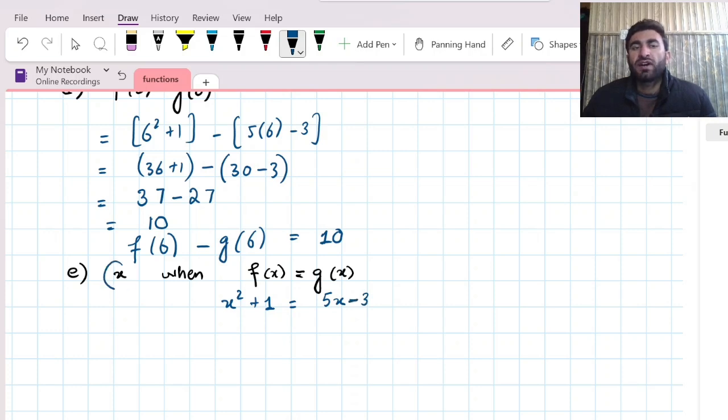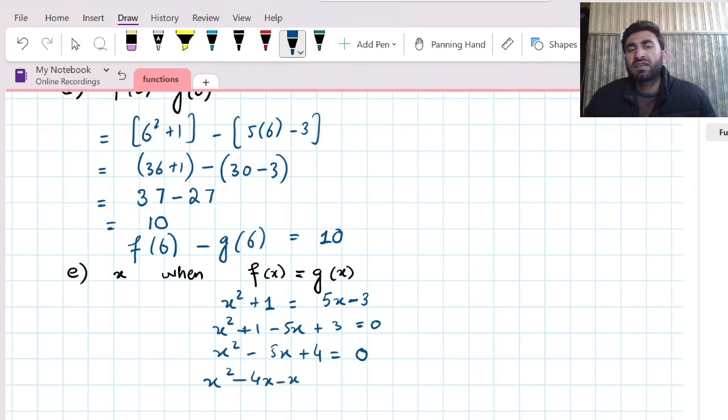Now because we have to find the value of x, we will have to solve this equation which involves a quadratic term. So we have to move the expression 5x minus 3 to the left hand side so that the equation changes into standard form. So x square plus 1 minus 5x plus 3 equals 0 will be x square minus 5x plus 4 equals 0, and I think we can solve it by factorization. The factors will be minus 4x and minus x,